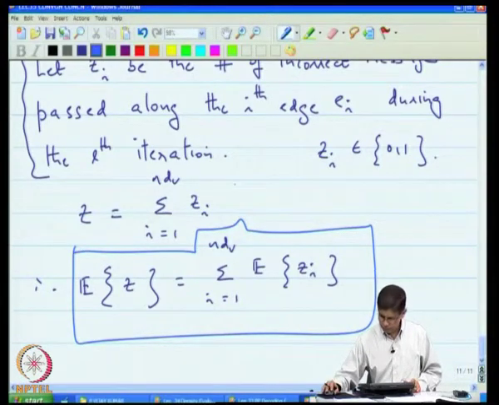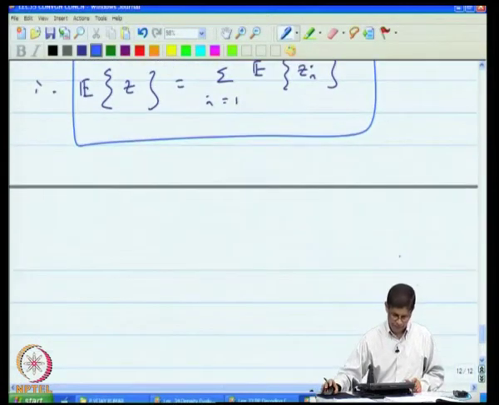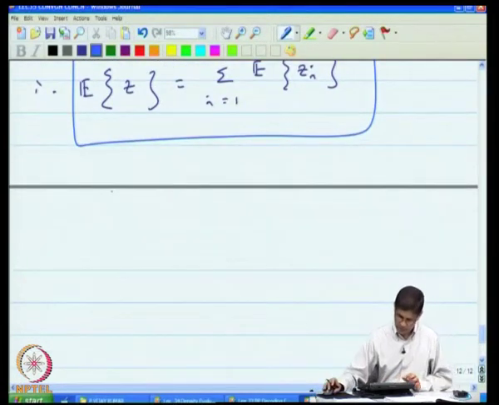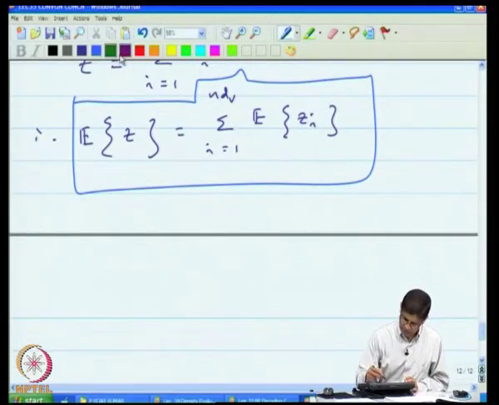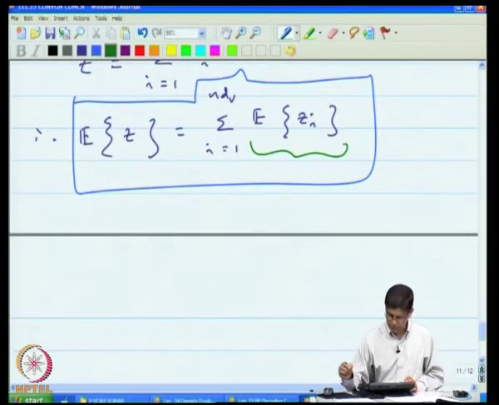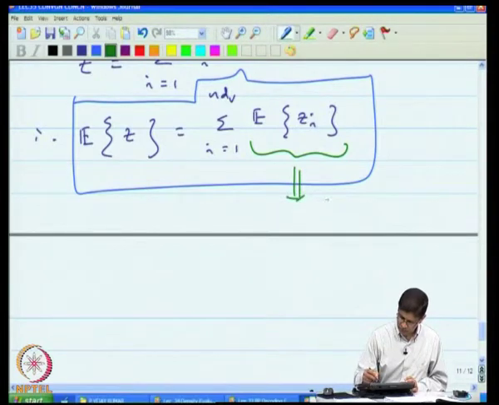And now what we are going to do is compute this by conditioning. Okay. So, let us focus on a particular individual term, the expected value of this. So, we will focus on that,